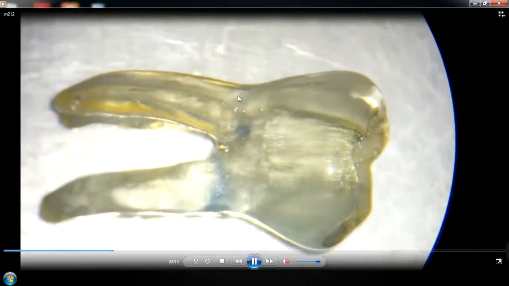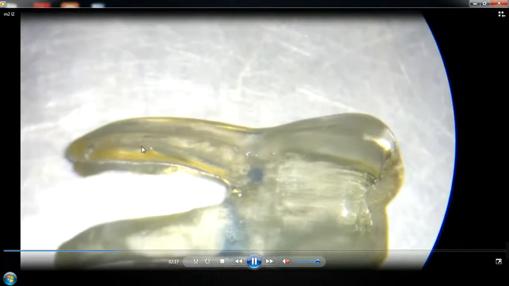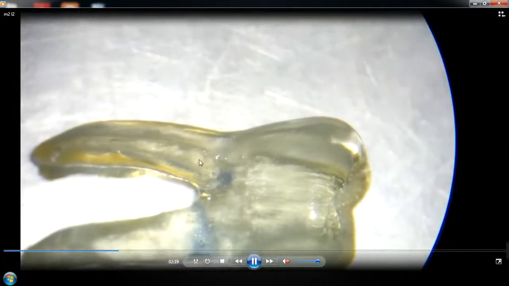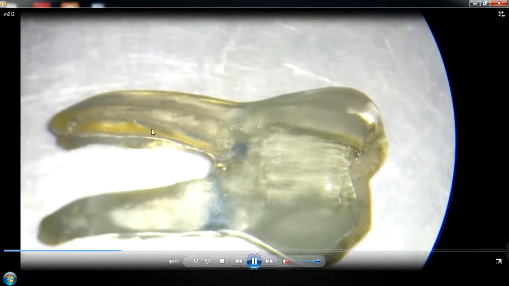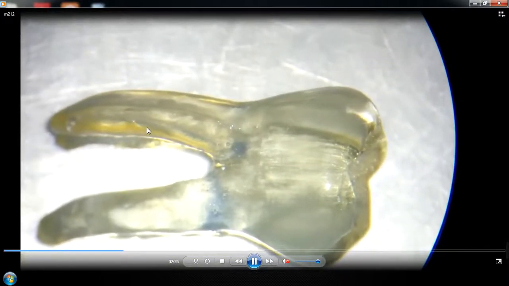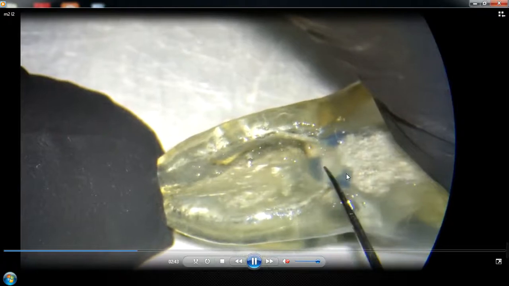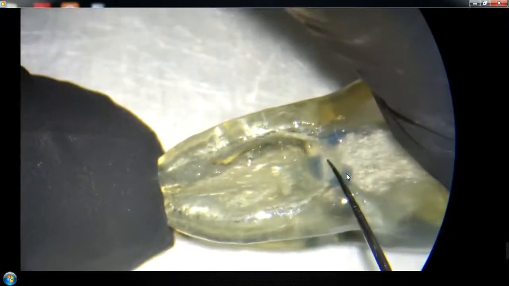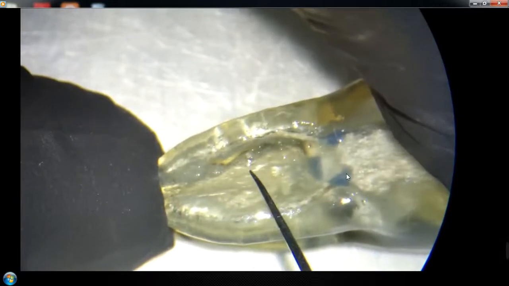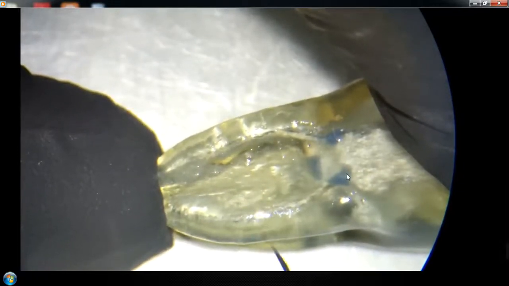So the mandibular tooth has two roots, one on the mesial side and one on the distal side, but the mesial root usually contains two canals, or another one, the middle mesial canal, that is mostly available. Let me show you. This is the mesiobuccal and the mesiolingual canal, and somewhere in between, if there is a possibility, you might find a middle mesial canal. That is also a rage right now in dentistry, that in certain cases we miss out these canals. They might fuse into the mesiobuccal most of the time or can be a separate entity.